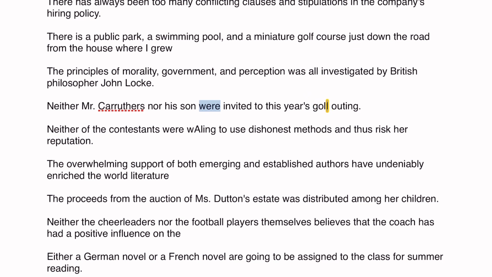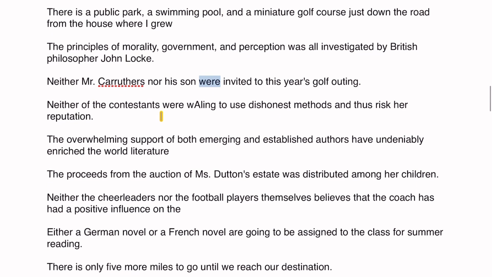طبعا في لسانك بايخة. أنا عارف إنها بايخة. بس هي grammatically correct كده. هنا بدل were was لأن his son is singular. were is plural. ما ينفعش. اوكي؟ طالما neither اتقالت يبقى subject B